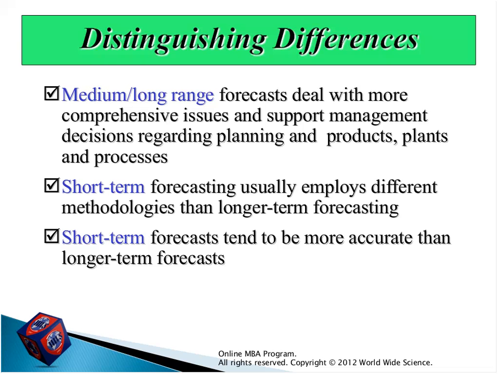Because short-term is near and it happens, for example, less than 1 year, you can forecast all of the months in the future, but not more than 1 year, less than 1 year. For example, 3 months later, 6 months later, 8 months later. So all of them are short term. It's less than 1 year. Okay, so these are the points about these ranges that you should know.